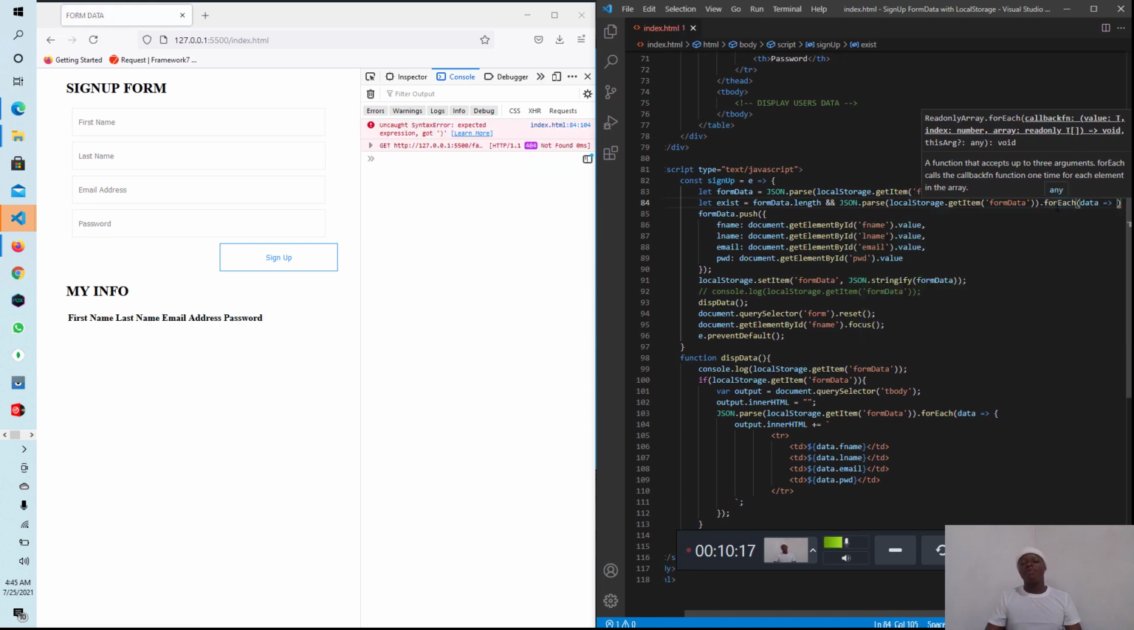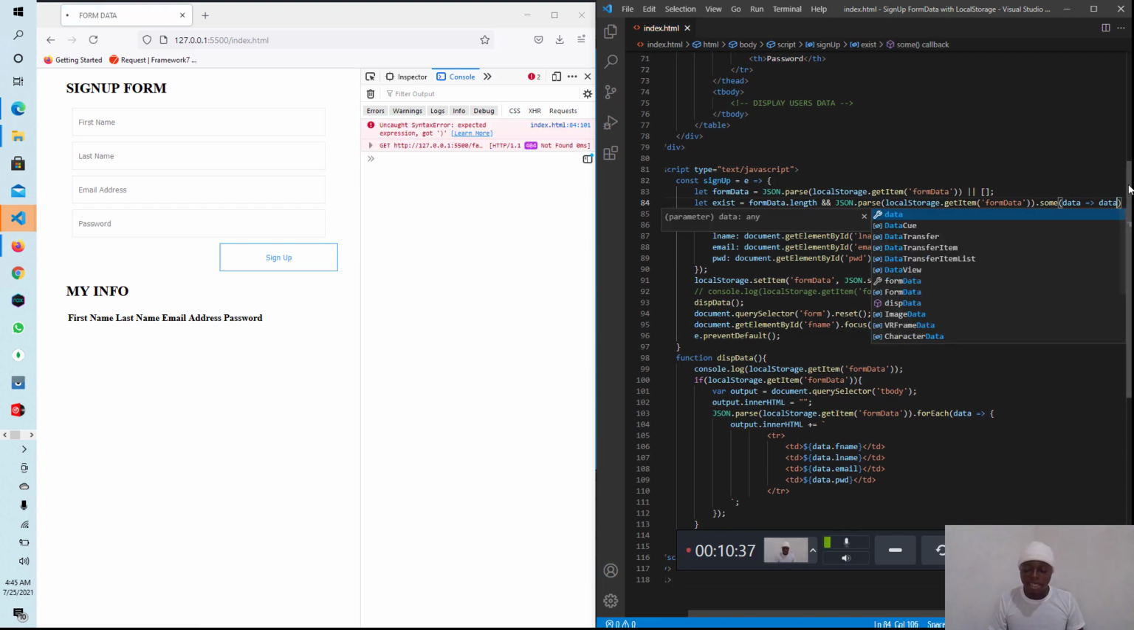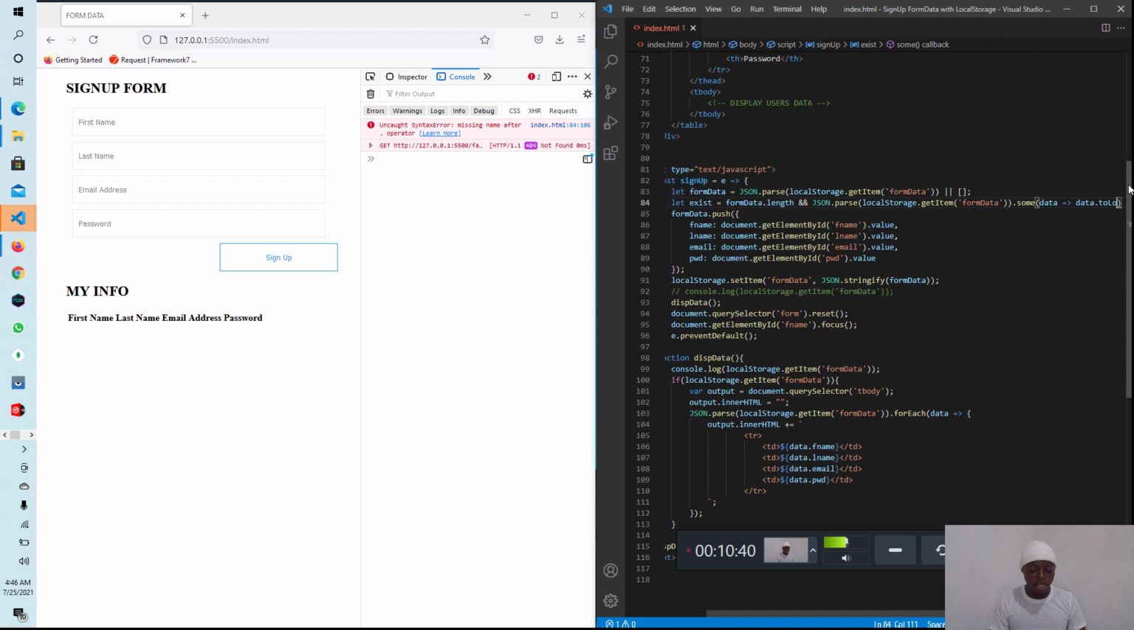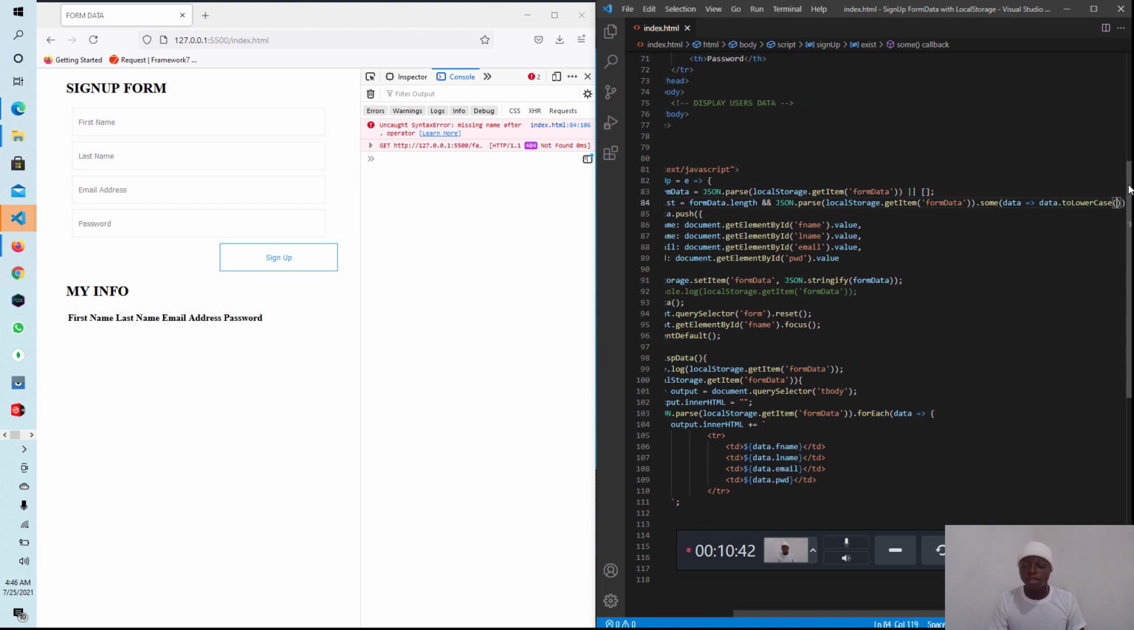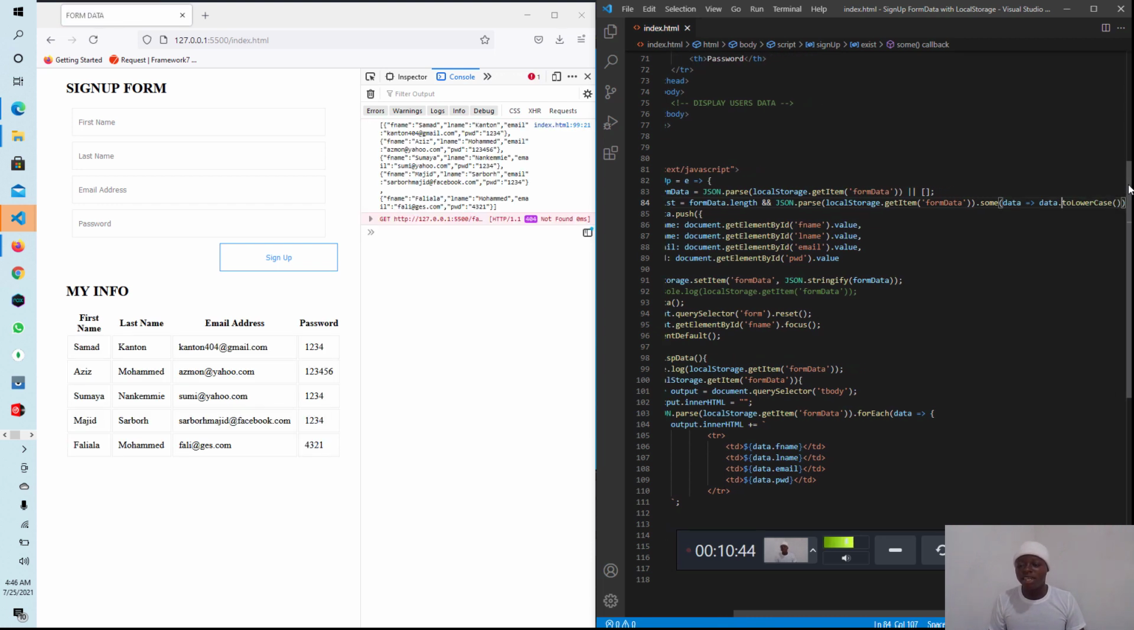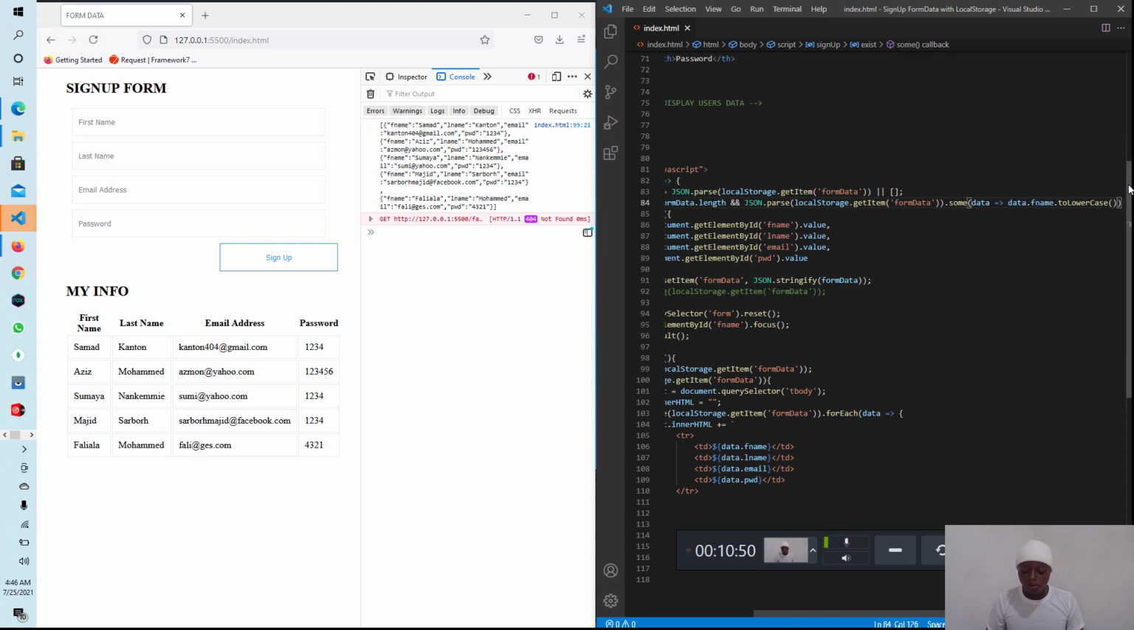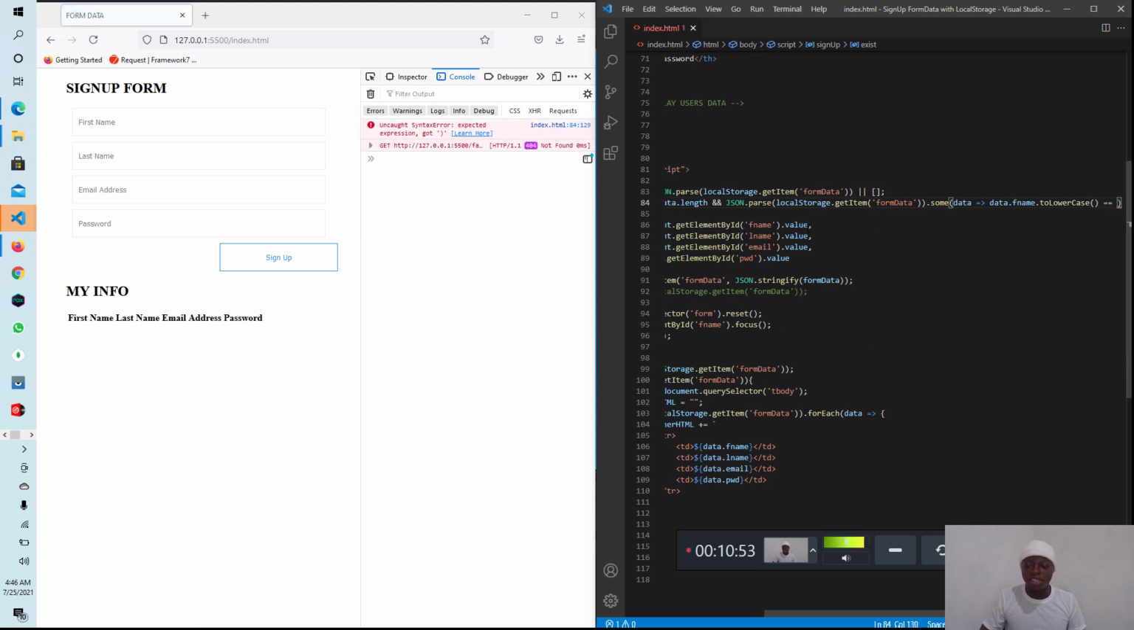Now we are not going to use the forEach because we just want to see if an occurrence exists. forEach here loops through every data, but we want it to just have a snapshot of all the data and then match the corresponding value. Okay? So we are going to use an array method called some. So data dot to lowercase. If data dot fname, sorry, if data dot fname dot lowercase matches our first name here,